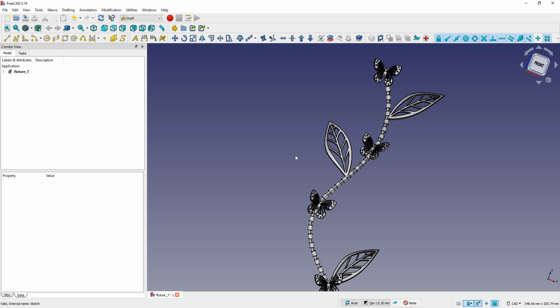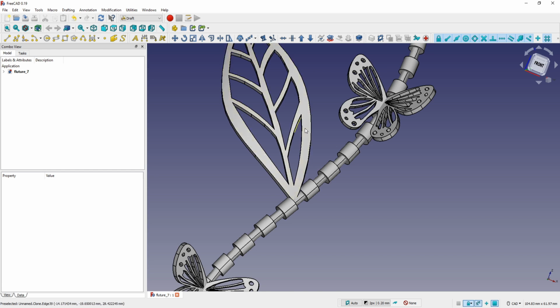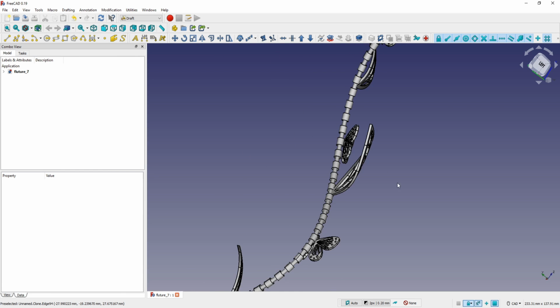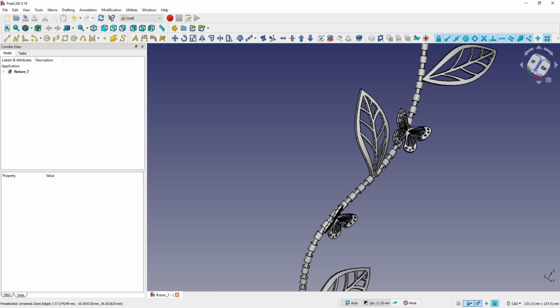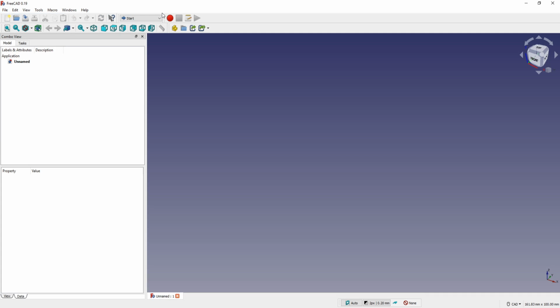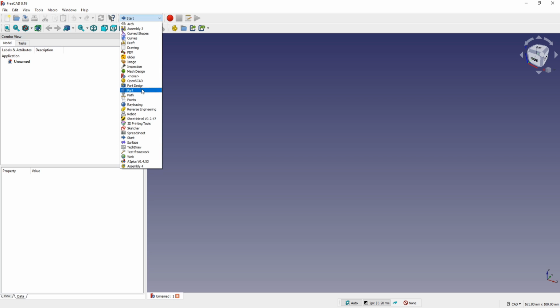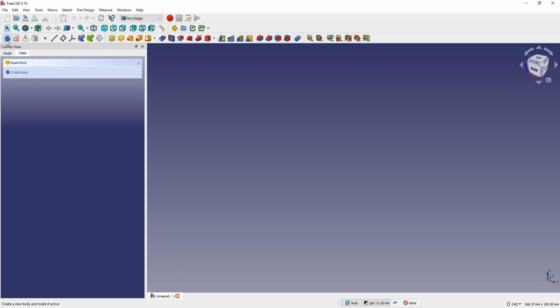In this tutorial I will make butterflies and leaves. It's something like this. I start a new file. I will go in Workbench part design. I make a body